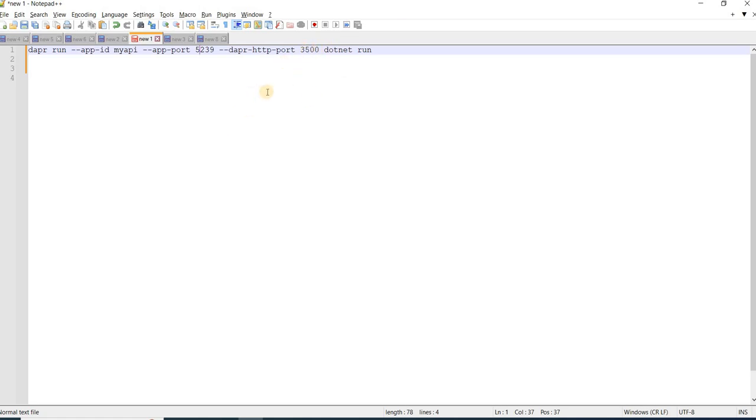Whenever we are running any application which is using dapr, in that case we are also launching the sidecar of dapr, and every request to our application will come via the dapr sidecar. And then we are saying dotnet run. It means run the application along with the sidecar.